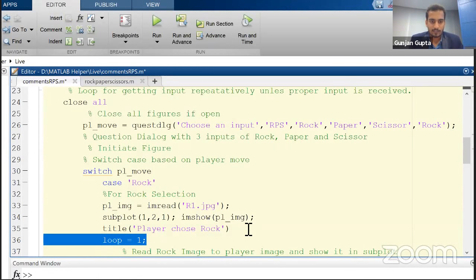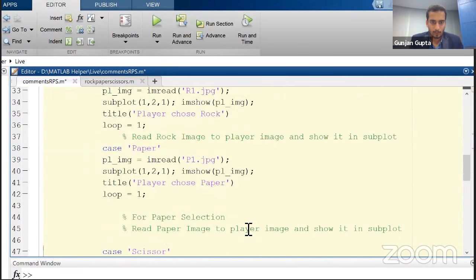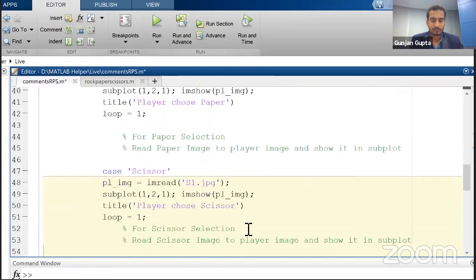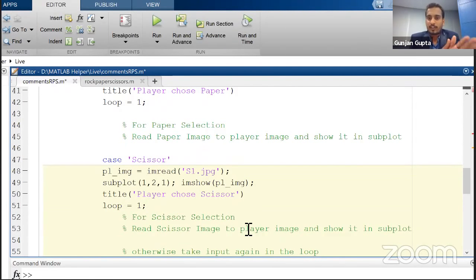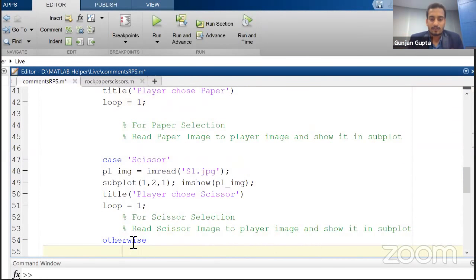And same thing will be done in the other 2 options. Loop equals to 1. If all these 3 conditions are not selected, we will have an otherwise option, which will just display in the command window, fprintf, that you have selected a wrong input.